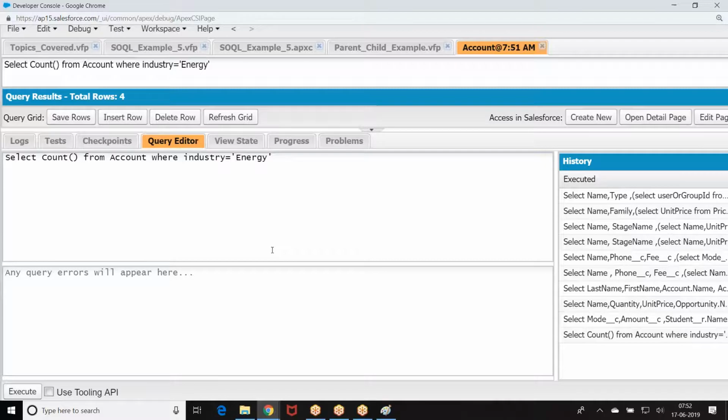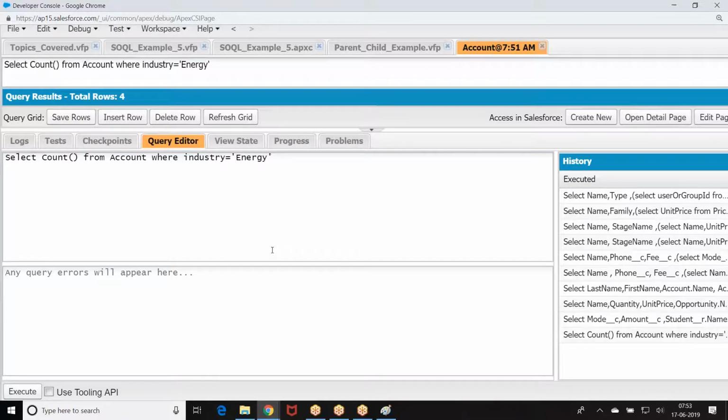I am trying to create a new customer in my database. Whenever I try to create a new customer, verify whether there is a customer with the same data. If there is, throw an error message; if not, create it. Then I write: select count from account where customer name equal to so and so, industry equal to so and so, phone number equal to so and so.